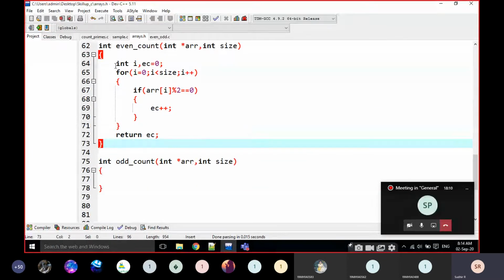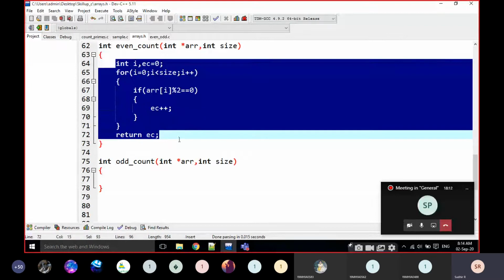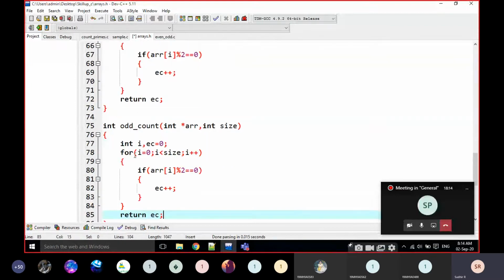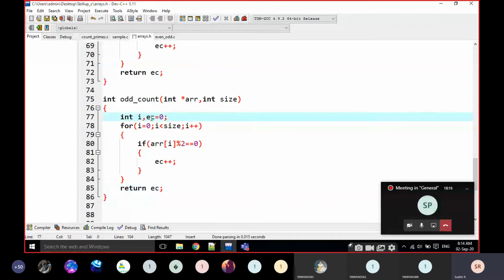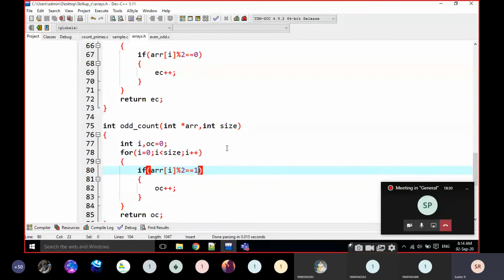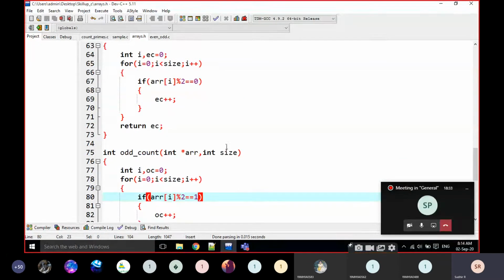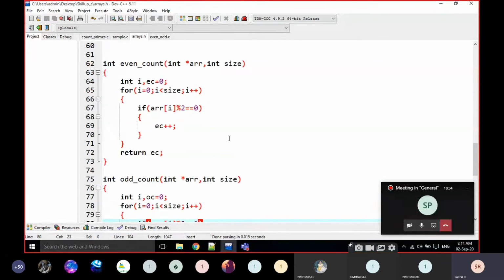The same content that I am writing here, I am going to write here also, and this is OC, for example. This OC is incremented, and I am going to return the OC. But here it is not equal to 0, it is equal to 1. That's it, nothing else. The program is very simple.